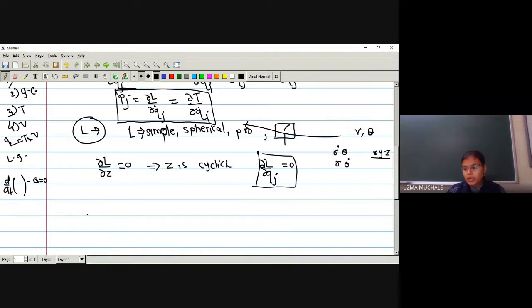Now let's go to the next part, where we are going to see the conservation theorems. The theorem related to conservation, that is, if the quantities are conserved, then we are going to see. The first theorem related to conservation is the conservation theorem for generalized momentum. The first theorem we are going to see is the conservation theorem.